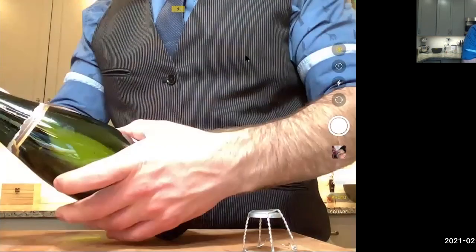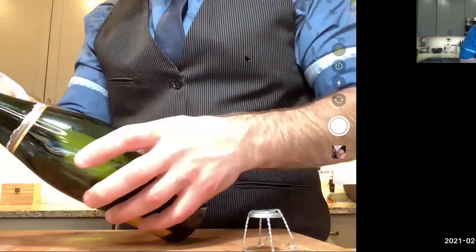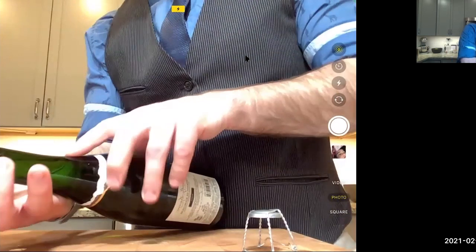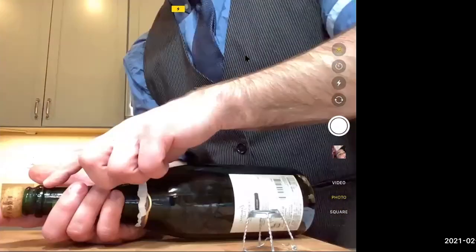Find that seam. Here we go. Right here's the seam. That's going to be sort of our guiding line. We're going to go straight up that seam into this part right here. Let me grab my